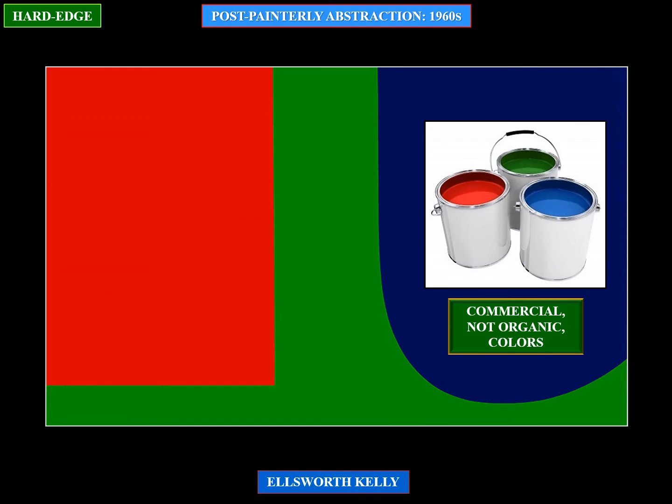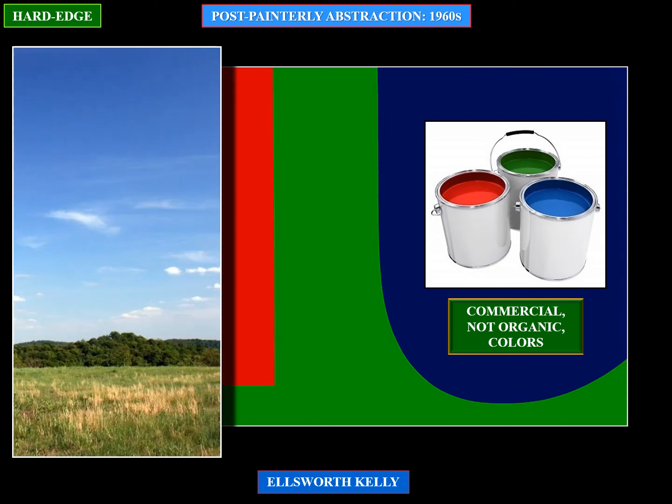Look at the painting. The colors, this is probably a quiz question, the colors are very harsh, very commercial. They're not natural or organic. The reason for the harsh commercial coloration is that a sky blue or grass green might reference the viewer to nature, and that was forbidden, totally avoided. We wanted to look at the flat paint on the flat canvas and think of nothing outside of that existence.